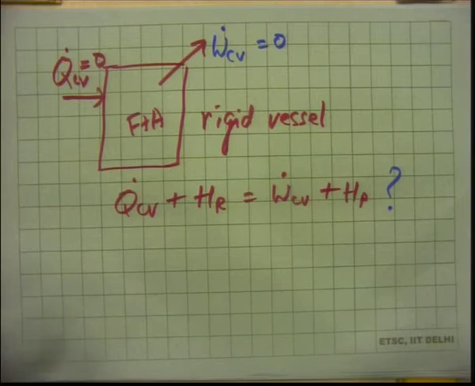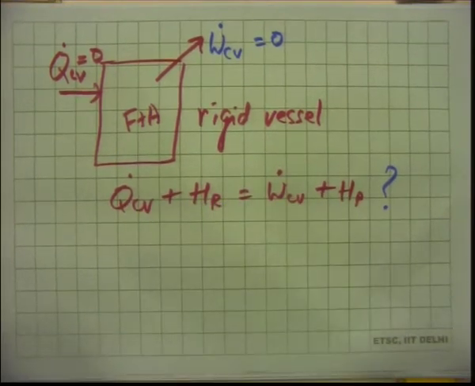Yeah, the previous one is for a flow process, the steady flow reactor that we are talking about. So that is a steady state, steady flow kind of equation. Steady state, steady flow situation, we write the first law, we get this sort of an equation. Right. So this is not that, this is a closed system. Okay. So this will not work.